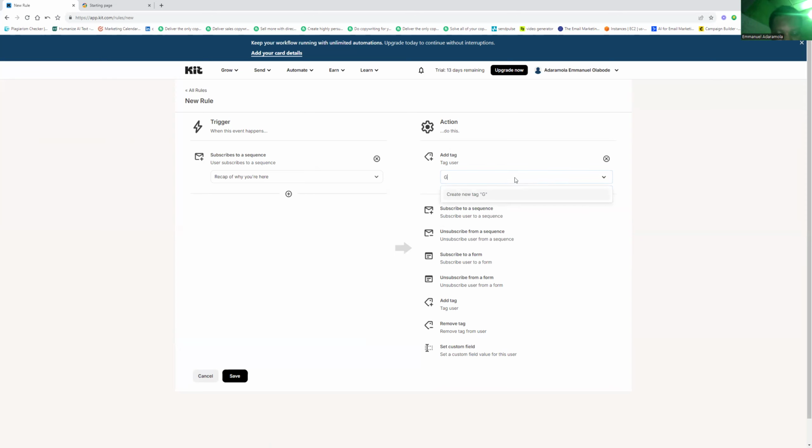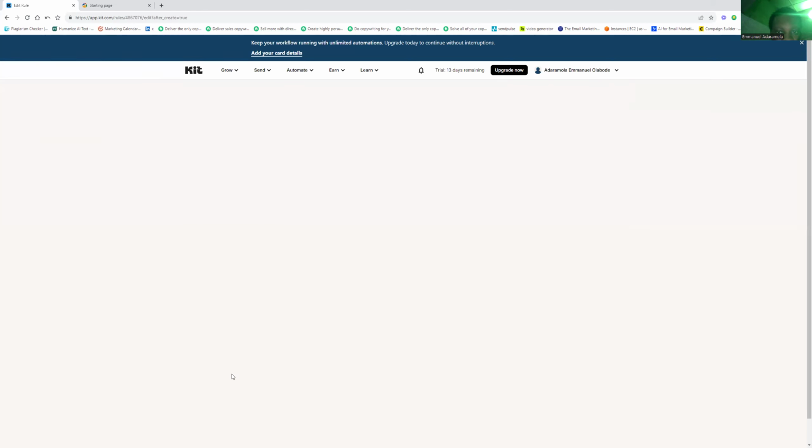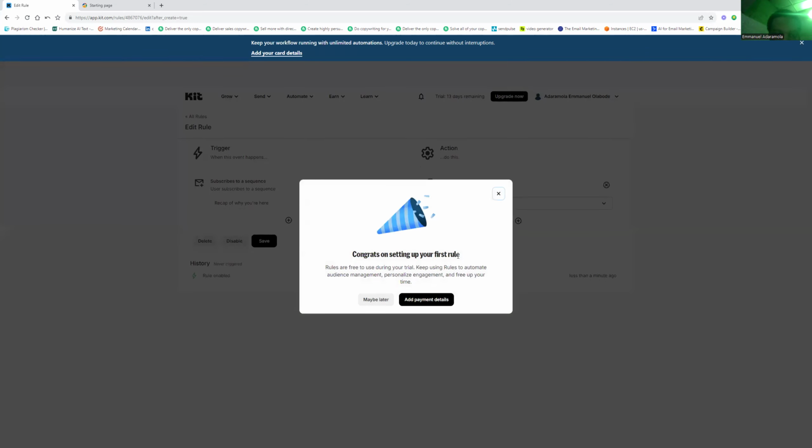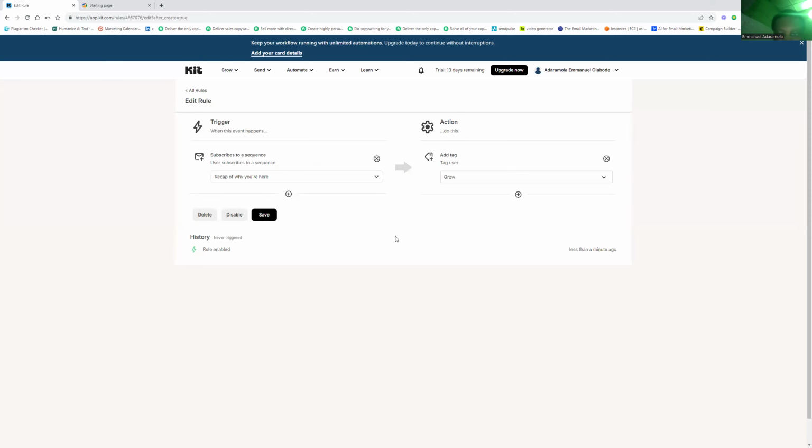So you can even, can you see you can create a new tag from here. Can you see I type grow and grow. Then when you are done, you just save. Can you see? So you save it. Congrats on setting your first rule. So those are ways, can you see rule enabled. So whenever anyone subscribes to that sequence, they will get that tag that I've set up and all. Can you see? So those are ways, that's everything about trigger and